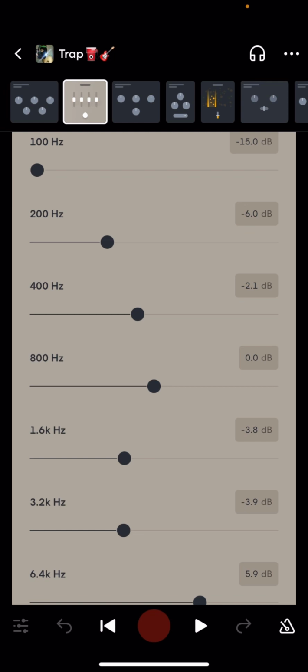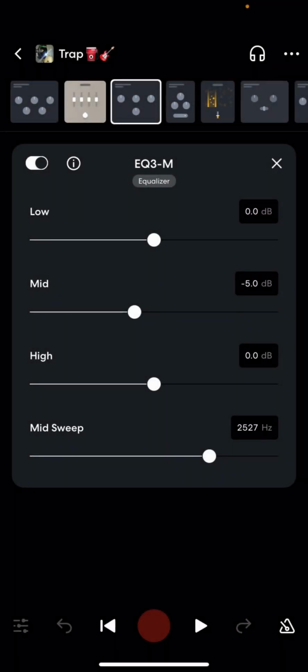Alright gang, now that we got the EQ sounding right, we put another EQ on it, the EQ3M. On this EQ, all I'm doing is attacking a certain frequency, around that 2500 hertz range. If y'all watch my videos and my presets, y'all know I always do this. If y'all don't think this EQ move is making a big difference, just turn it on and off, and you'll definitely hear what it's doing. It's making the vocal sound a whole lot more smooth. So that's what I'm doing with this EQ3M, man.